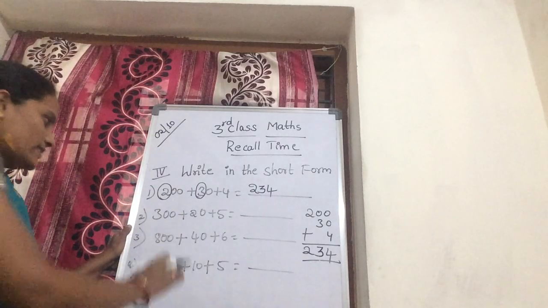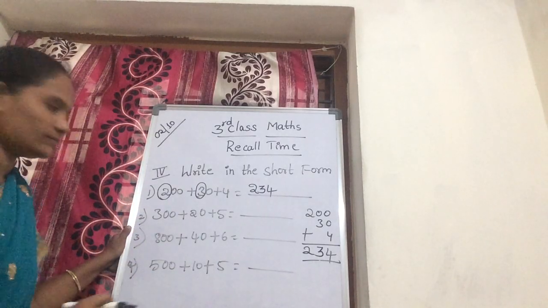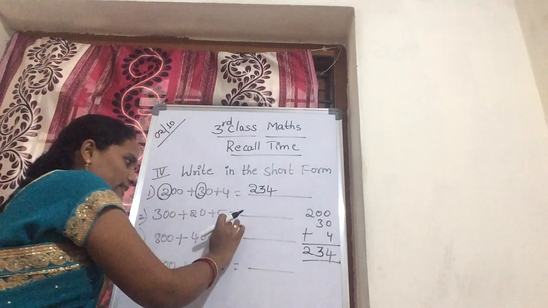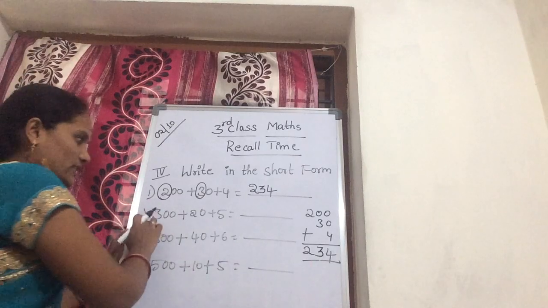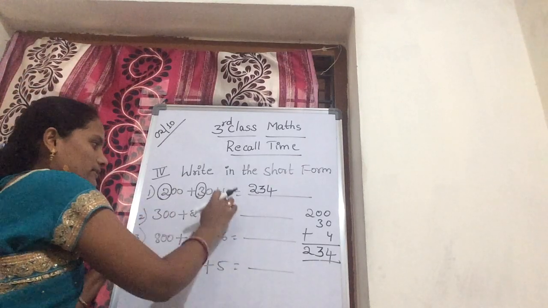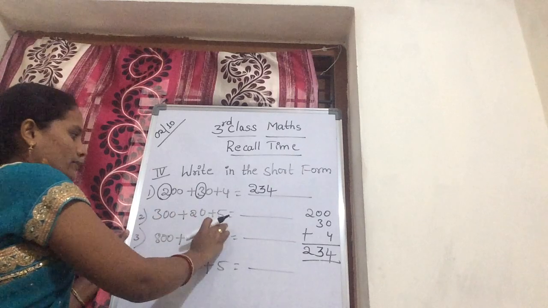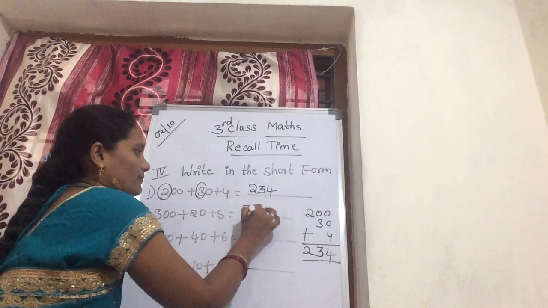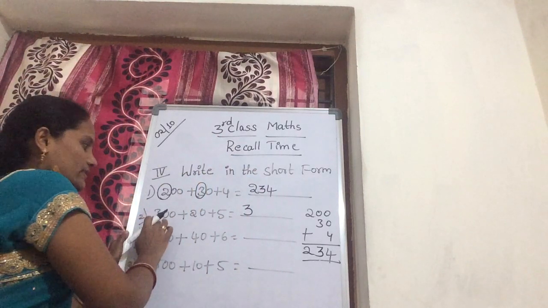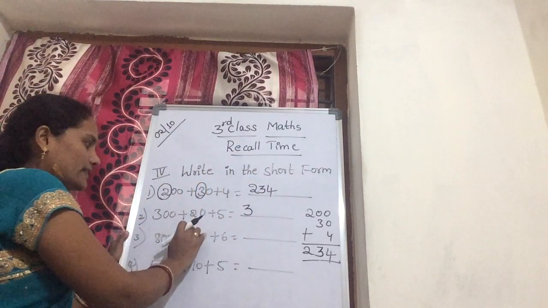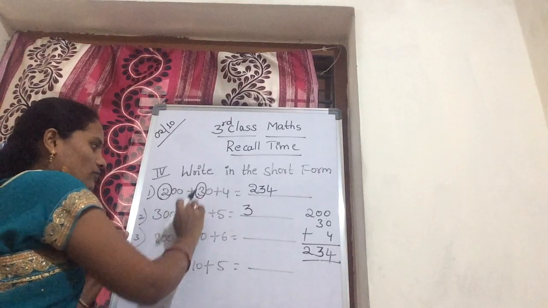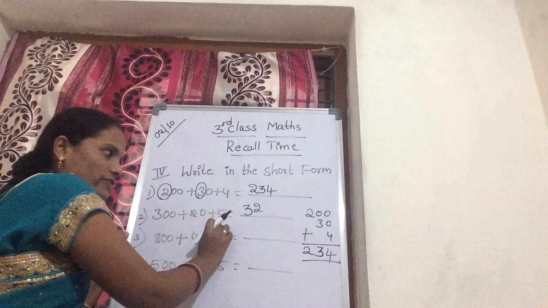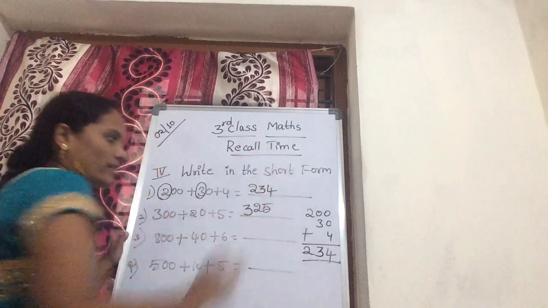Now let's see the next one. Second one. What is our problem? 300 plus 20 plus 5. You add these three numbers, or otherwise, first this is in the hundreds. So in hundreds, which number is there? 3. You write first 3. Next, after hundreds, tens. In tens, 20. 20 means 2. The number is 2. Next you should write 2. Then next, the ones, 5. Next you should write 5. Which number do you get?